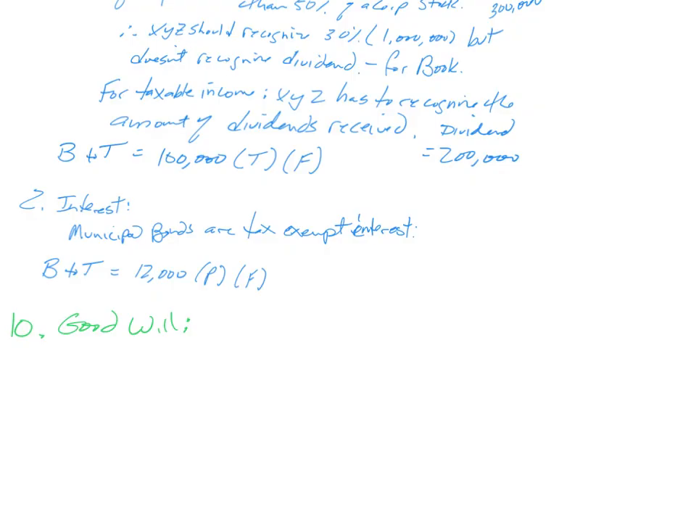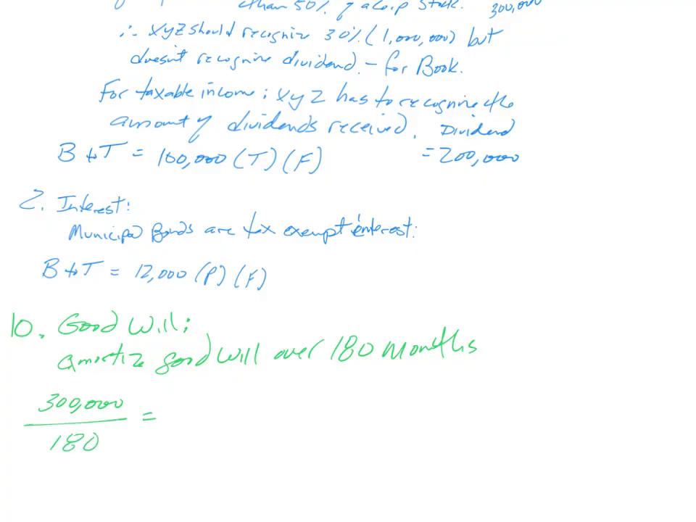All right, and what do we know about goodwill? Goodwill is amortizable over 180 months. Okay, and so what did they do? They have a $300,000 goodwill over 180 months, which allows them to amortize it, and